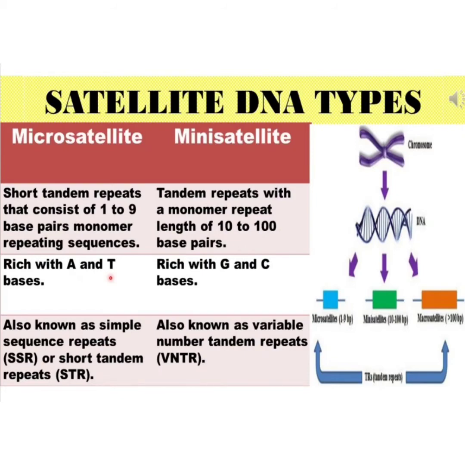In microsatellite, short tandem repeats consist of 1 to 9 base pair monomer repeating sequences. In mini-satellite, tandem repeats have a monomer repeat length of 10 to 100 base pairs. Microsatellite is rich with A and T bases, whereas mini-satellite is rich with G and C bases. Microsatellite is also known as simple sequence repeats, SSR, or short tandem repeats, STR, whereas mini-satellite is known as variable number tandem repeats,